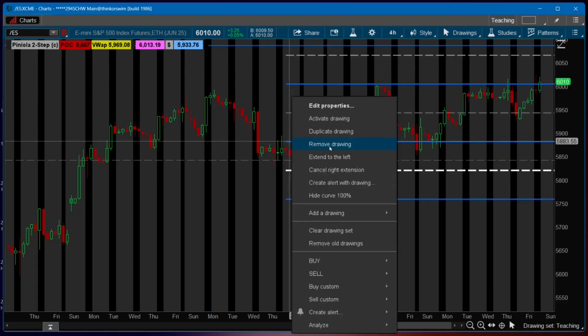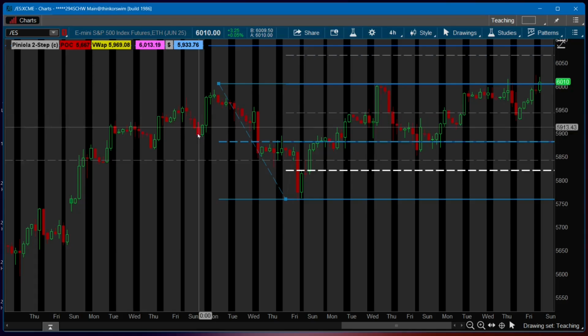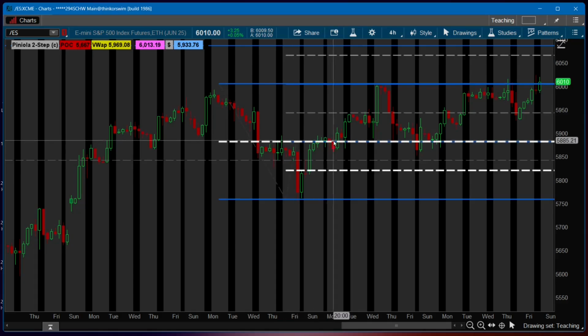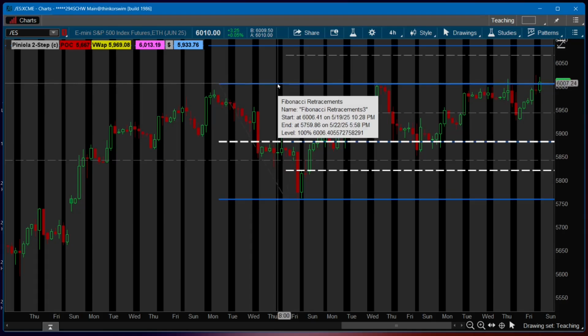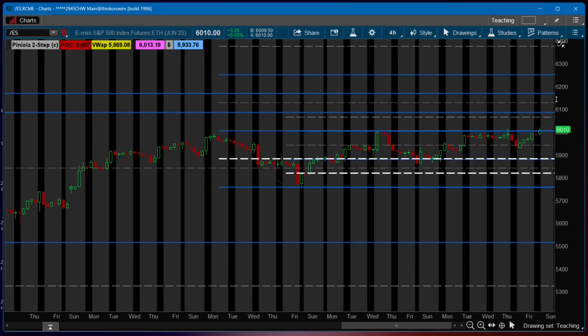The other thing I'll do is duplicate it, and what was the 100, the first move, now becomes the 0.5, and I'll see where this is targeting, whether it's targeting any of the other levels,